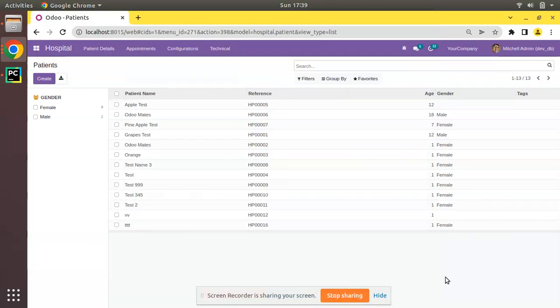Hello, good morning all. Today in this video we are going to discuss how to add Python constraints in Odoo. In the previous video we showed you the working of SQL constraints. So in this video we will be discussing the Python constraints. Suppose I go to the patients,